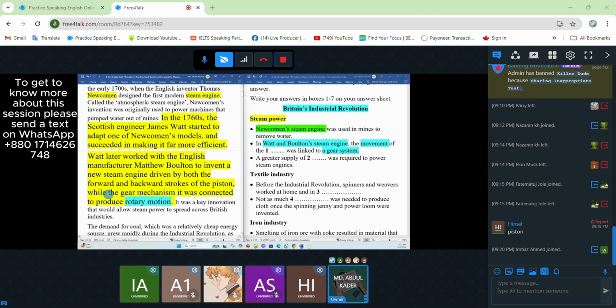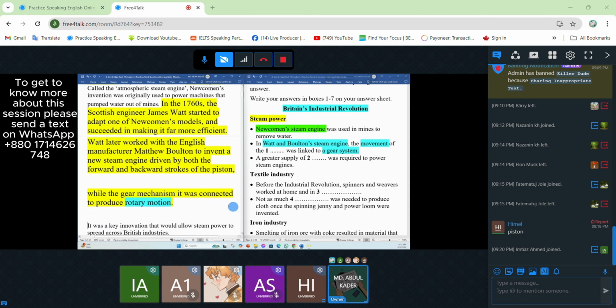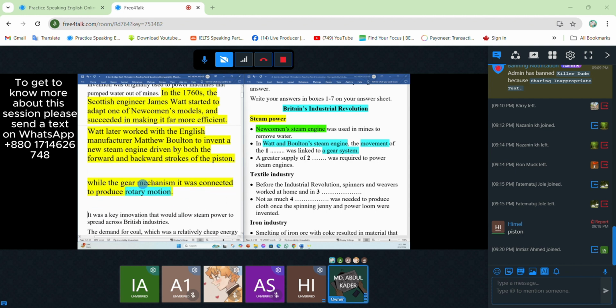So look at this part of this sentence. What we can see basically, that is our tricky part. Okay, now I would like to show you, consider this part. So while the gear mechanism it was connected to produce rotary motion, so it was